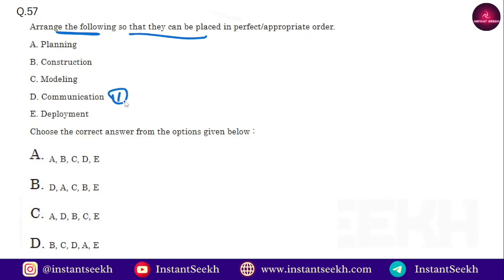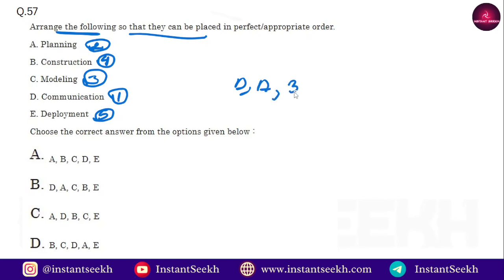First is the communication part, then we have planning, then modeling, then construction, implementation, and at last we do deployment. So first and foremost is communication, that is your option number D, then planning, option A, then modeling,